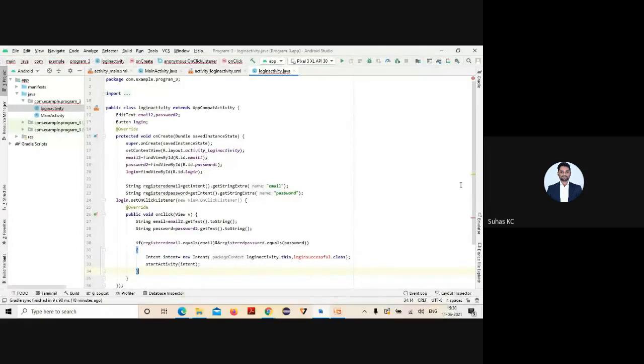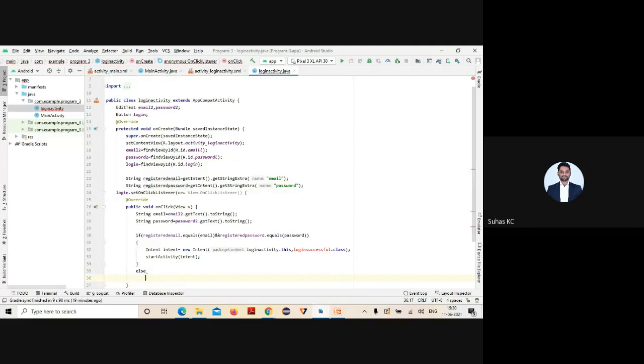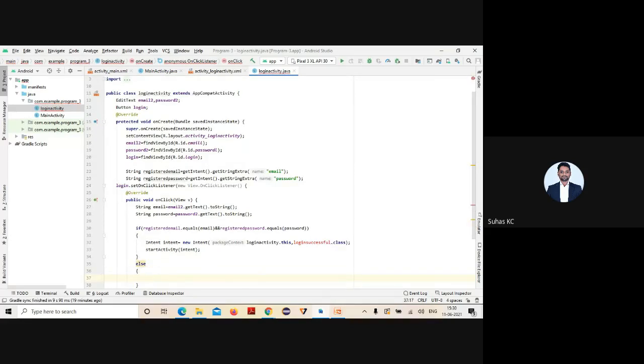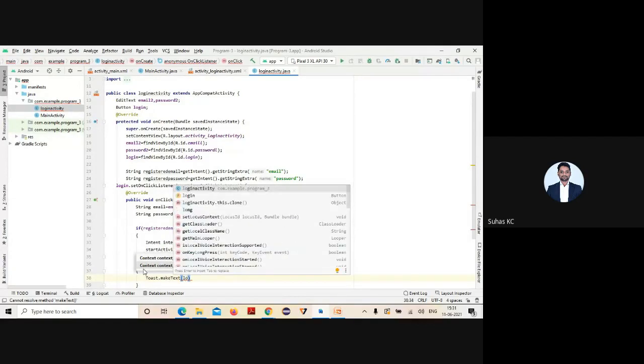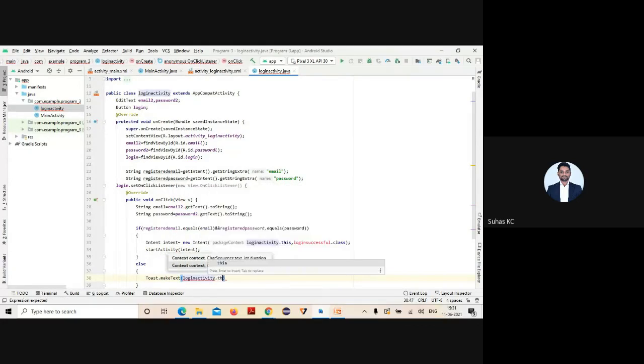So before writing the rules part, if this is not successful and I want to get an error message, I'll just use the else part. What is the class that is used to display a message? Toast dot makeText. How many parameters? 3 parameters I need to pass: LoginActivity.this is your context, meaning where to display. The message you specify in double quotes: invalid credentials, something.